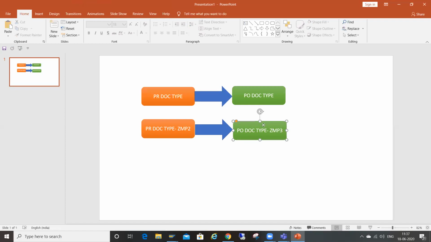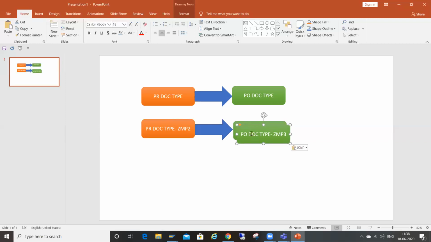So if we create a PO with reference to the PR created with ZMP2, system should not allow for other document type. Okay, say for example, you should not allow for NB document type.